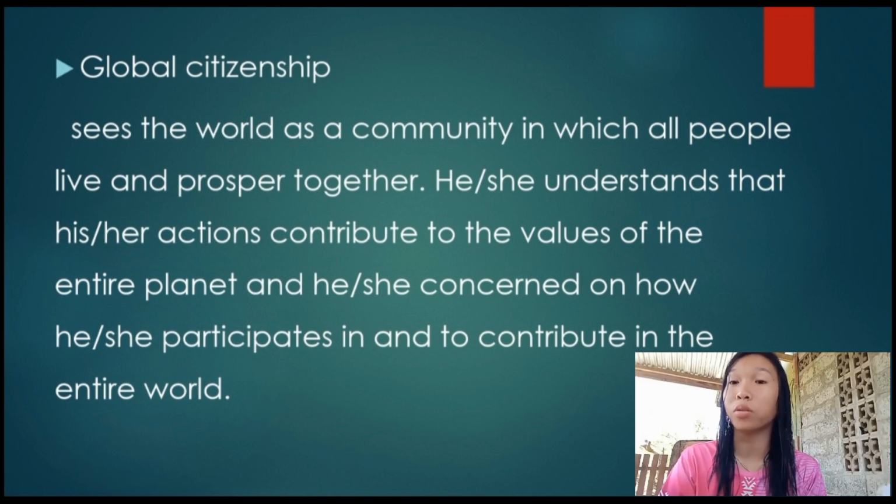However, you are a person able to understand, for example, that the United States and Korea have different perspectives and a different culture from our culture. Russia has another perspective of the LGBT community compared to us here in the Philippines. If you think that way, you can consider yourself a global citizen because you are aware and you have a sense of belongingness. In order to respect their culture, you are aware, you will talk to foreign people, and there is a sense of belongingness.